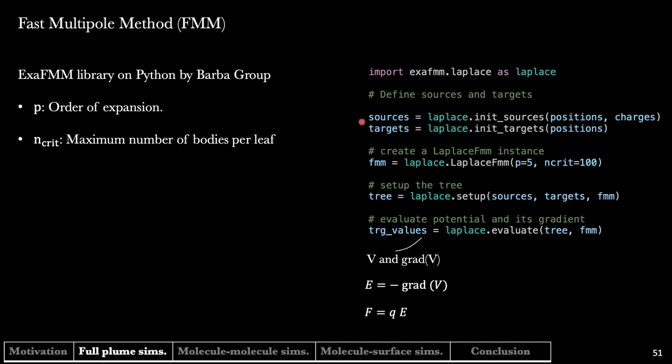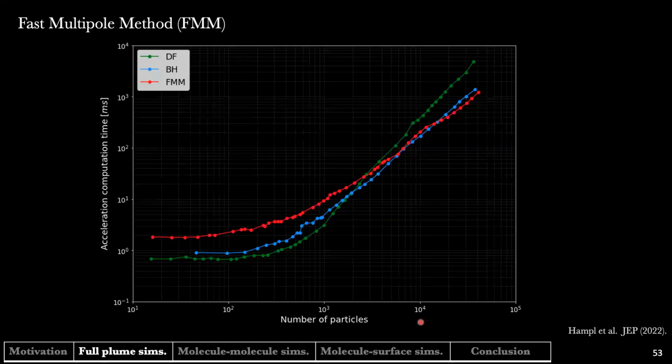And the implementation of the FMM with the ExaFMM library is very easy. We only have to define the sources and the targets and the order of expansion P and the n-critical, 100 here. And then this gives us the potential and the gradient of the potential that we can use to compute the electric field and the electric force. However, this didn't give any significant improvement. And this